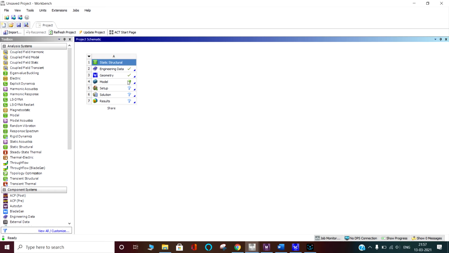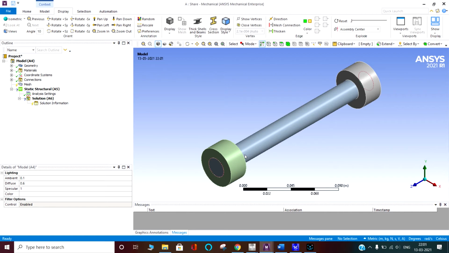I am not going into Engineering Data; you can see that in my previous lectures and tutorials. So the model is opening. Here we are going to mesh it and try to find out what is happening at the interface between the shaft and the wheel.